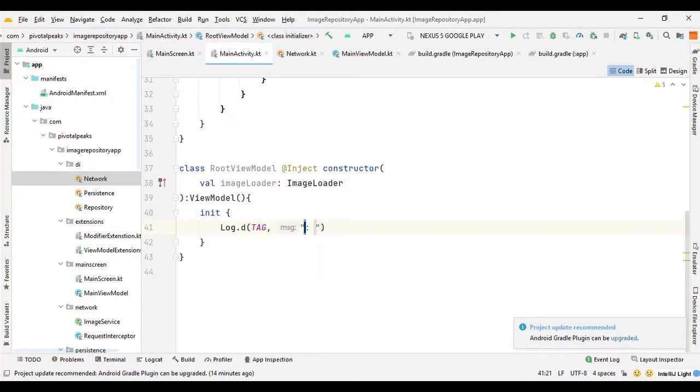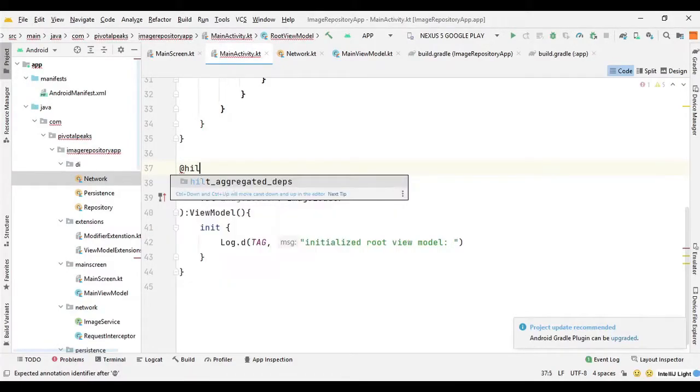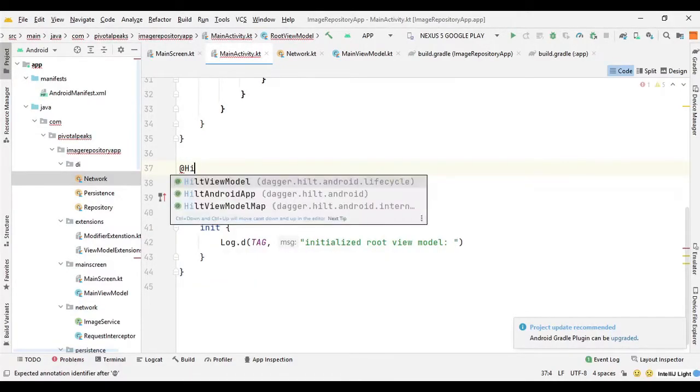So just import it, and in the message we can just say initialized RootViewModel. So we need this image loader function to provide the support for loading images from the network. And now we have to annotate this class with @HiltViewModel also. So we can say @HiltViewModel.